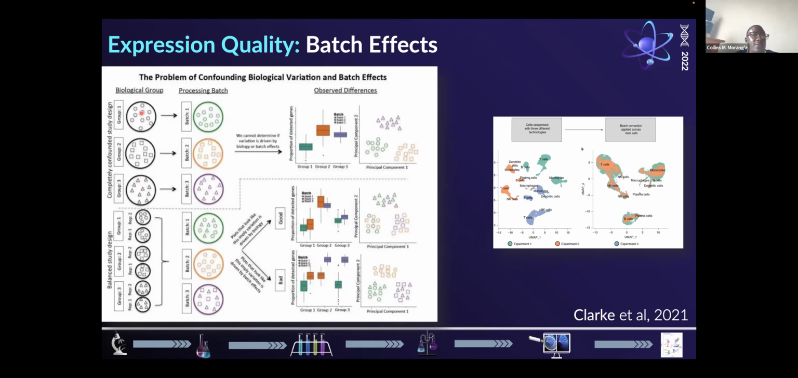During processing for sequencing, you process a particular batch, batch 1, as group 1. So you process it separately. Group 2, you process it separately. Group 3, you process it separately. Now, at the end of the day, we are not going to be able to determine if the variation is